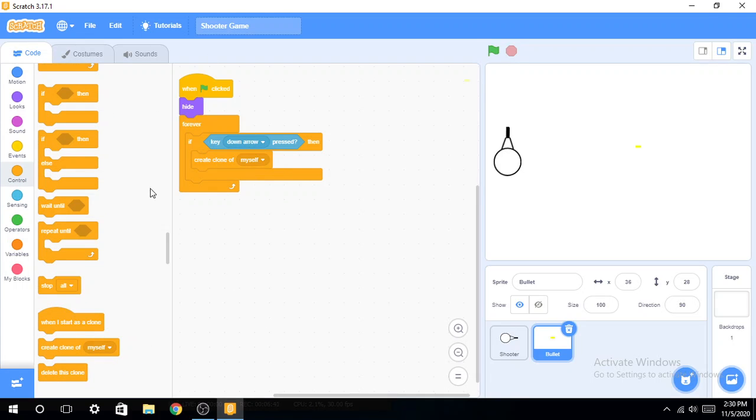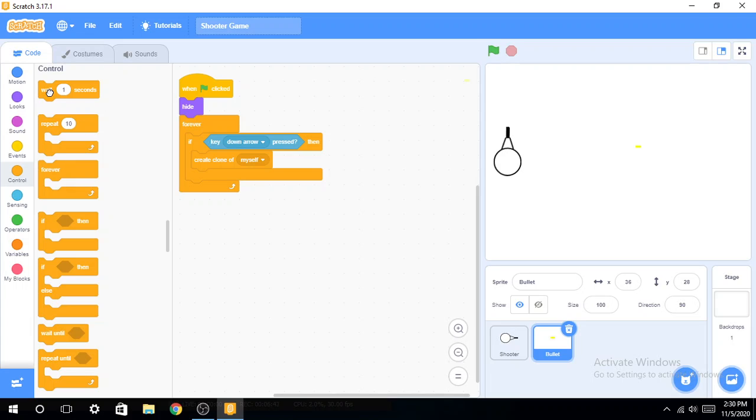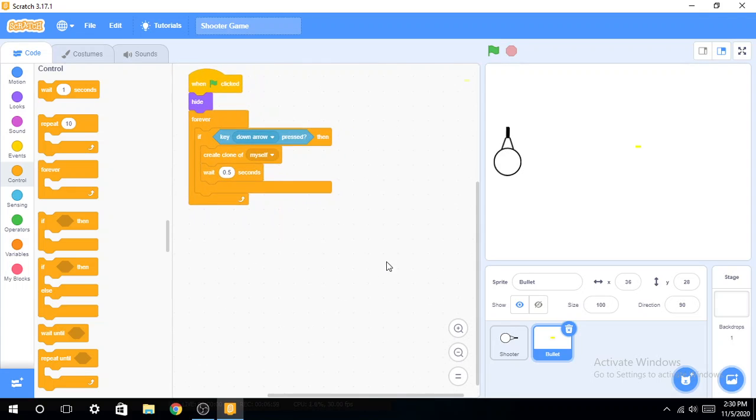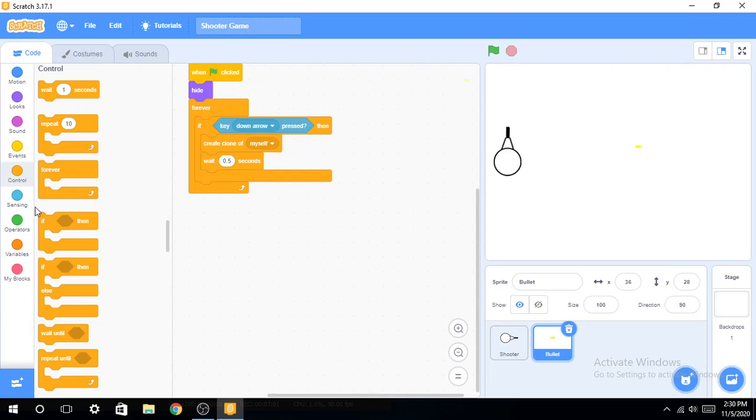Yeah. And then let's say wait 1 second after making the clone. No, I think 0.5. 1 second is a little bit too much. You'll have to wait 1 second between each shot. So anyways, now when I start as a clone,